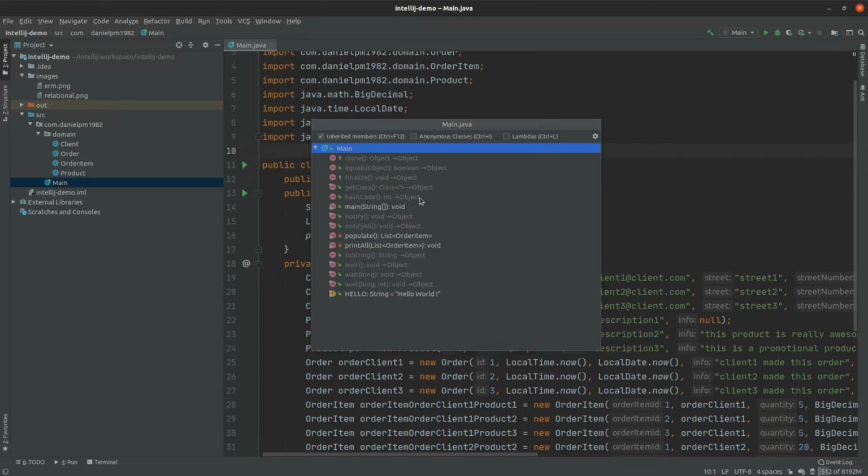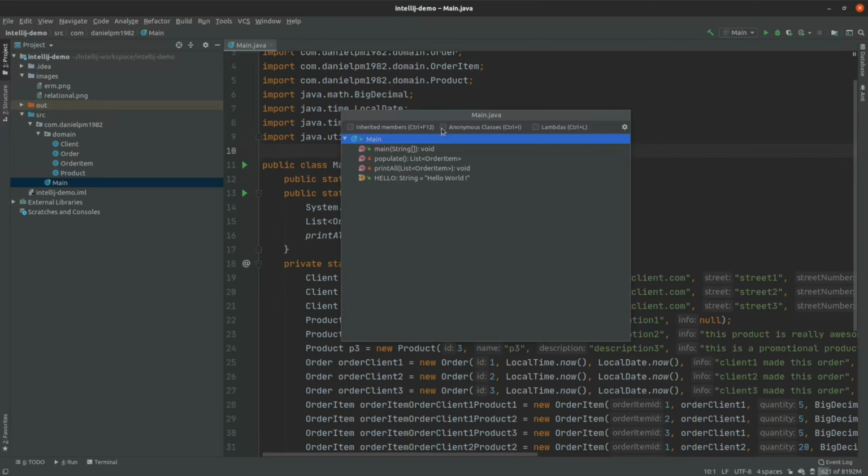We can override the notify and notifyAll for the threads, the toString, which we generally also override, and the wait also for thread management. And you can also select here for showing all anonymous classes you might have inside that class. In the case of our main class, we don't have any nested class, but inside any Java class you can